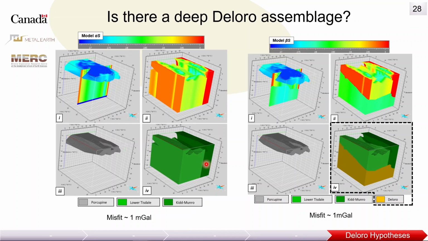And we also did the same for petrophysical inversion to compare, and both are similar, the same misfit, 1 milligal. So when you just take a look at the misfit, you cannot tell too much, but as mentioned before, in the case of Deloro, by introducing the Deloro in this model, we have the porcupine assemblage thinner, which is supported by previous studies, and which means even though both have the same misfit, this model on the right has more information, more previous studies information,